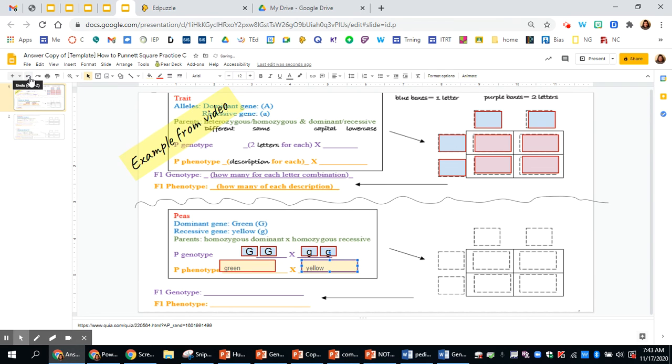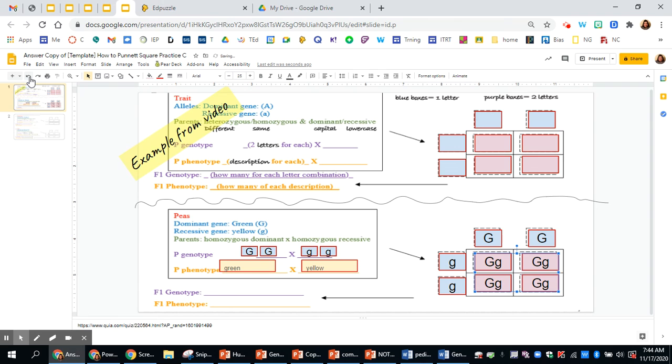And then you're going to take each of those letters and put them in the Punnett square. And you find that all of your offspring are big G, little g. So you're going to have 100% or all big G, little g, and all are green. This is where a lot of you messed up, where you wouldn't tell me a number or percentage in front